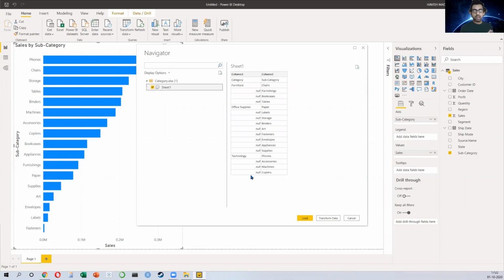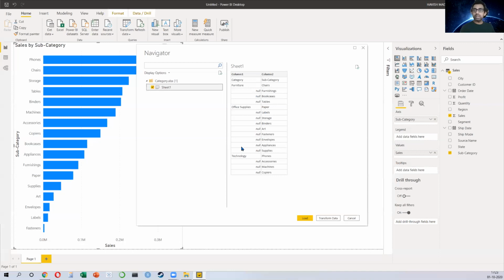Now the question is, why does this problem happen? This problem is very common because a lot of time when you prepare a database, you don't bother to fill up all the blank values. In fact, this is how the data comes from SAP also. We know that all of these are under furniture, chairs, furnishing, bookcases, and tables. But this is not something the system can understand. I have to fill up the blank cells, correct? So 2 challenges, remember, we have to correct the heading and we also have to fill up the blank cells.